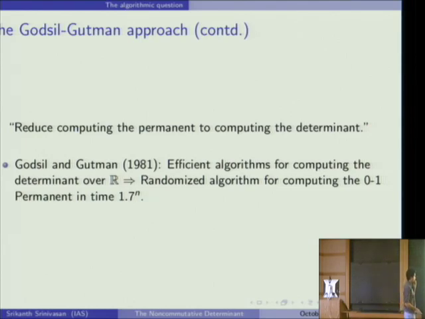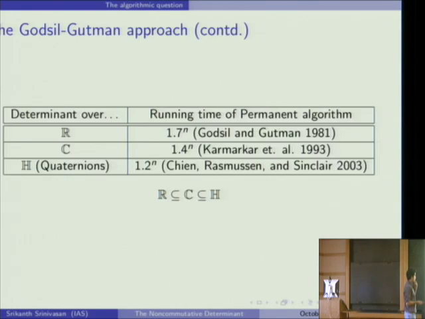Okay, so this approach is not really giving us polynomial time algorithms, but it seems extremely simple, and hopefully it can be extended to give something better. And it turns out that it can. People have looked at this. Sometime in 1993, Karmarkar, Karp, Lovász, Lipton, and Luby actually extended this algorithm